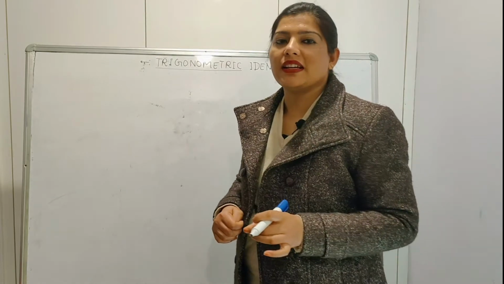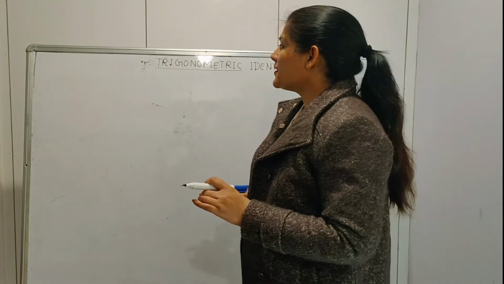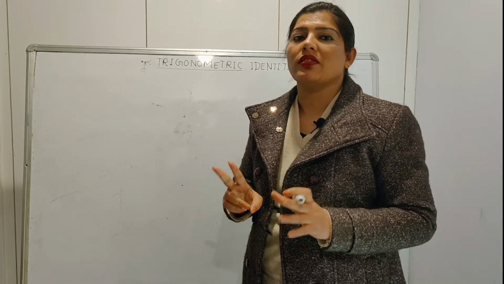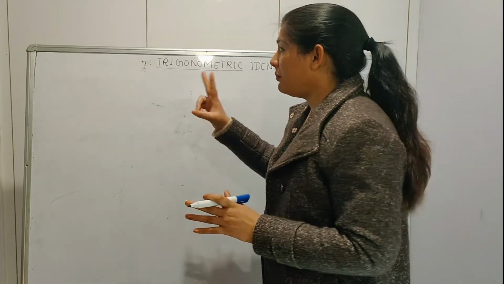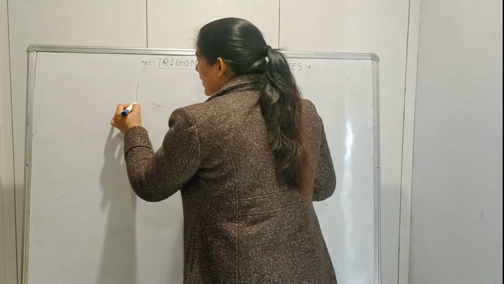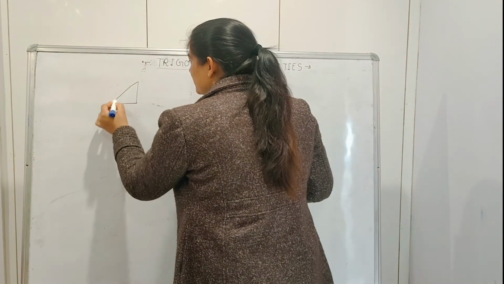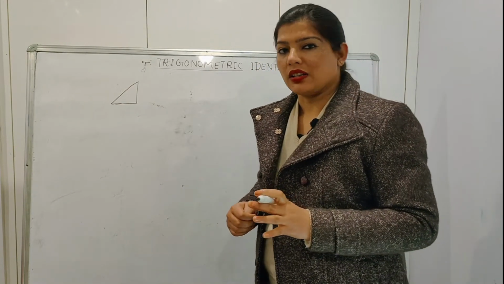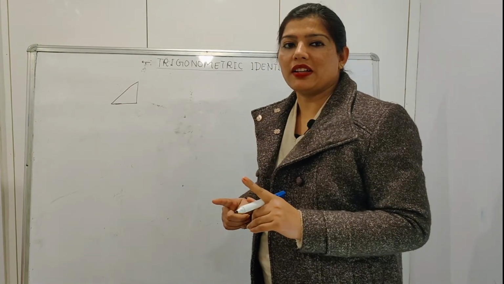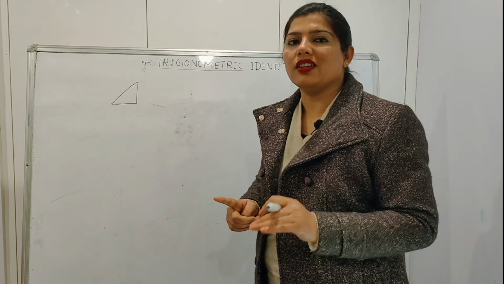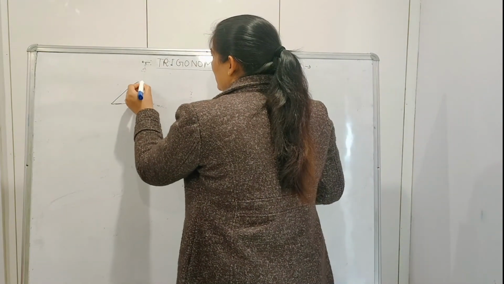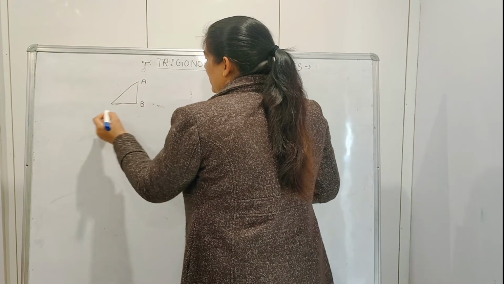trigonometry. Basically, trigonometry is the mathematical calculation about the right angle triangle, because tri means 3 and it is applied only in a right angle triangle. If the triangle is not right angled, then you cannot find the trigonometric ratio there. Okay, so first condition is that the triangle must be the right angle triangle.